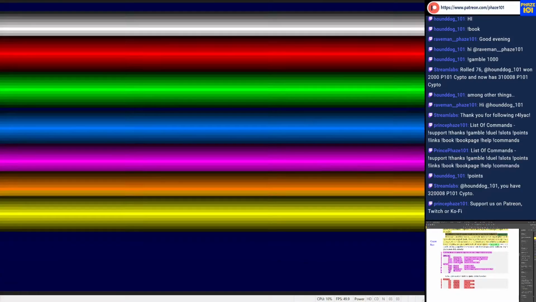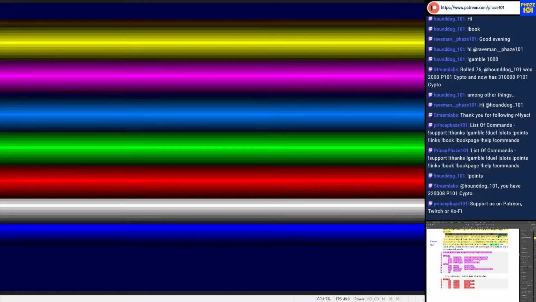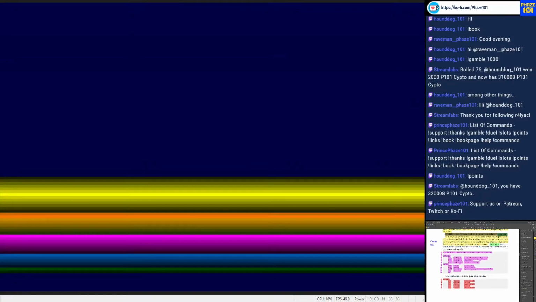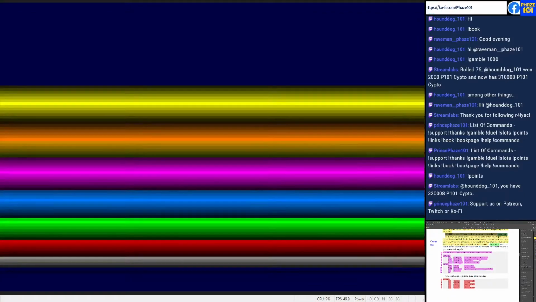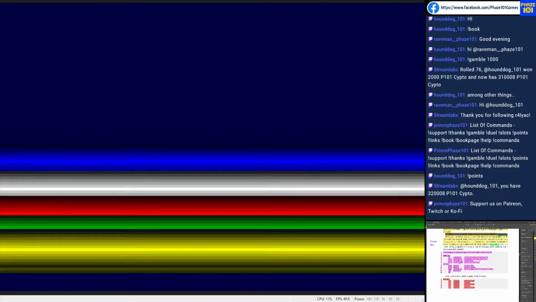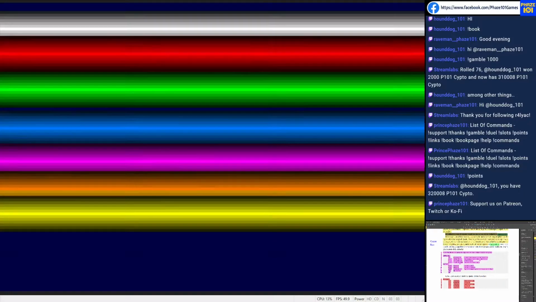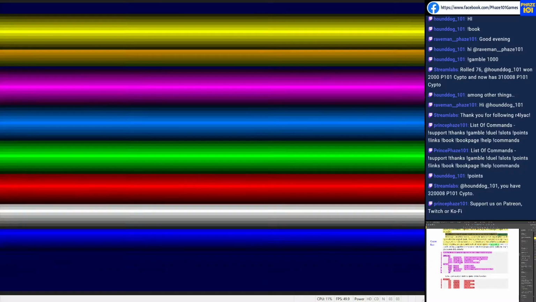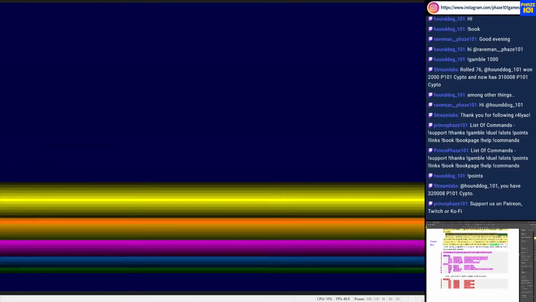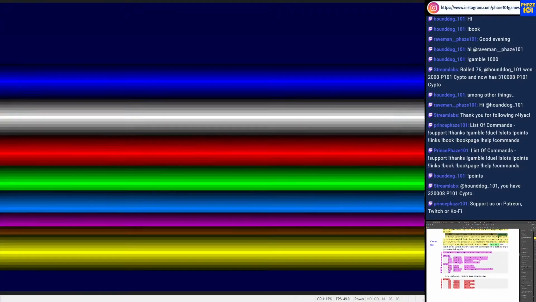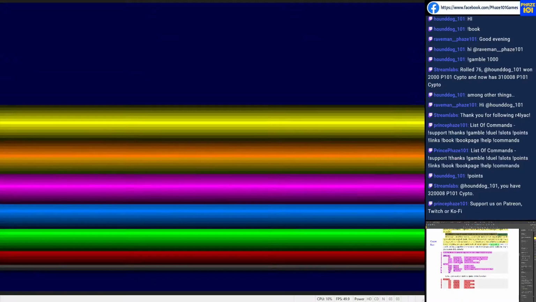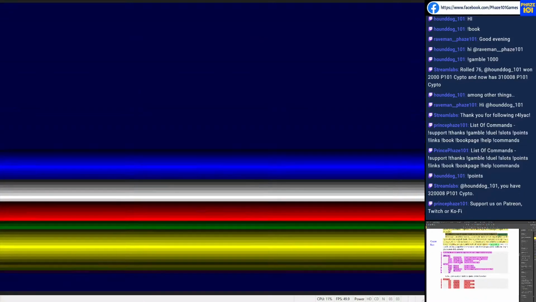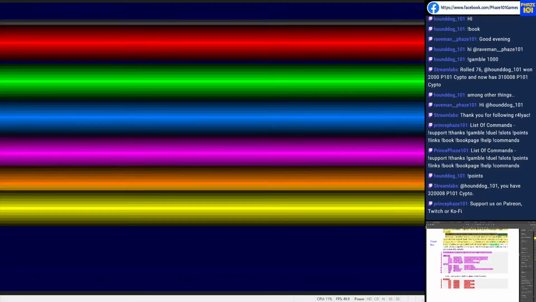Fabio is showing us. Notice, I don't know if you'll manage to catch it on the screen. Maybe when you're watching the video, you can slow it down or you can pause it. But each color, okay, there are lots of shades of the same color, but each color is two raster lines. I'm telling you this because I'm going to talk about it in a minute. Also notice, when the copper bar goes up the screen and then going down, you might see some flicker. I don't know if you will see it on the stream,